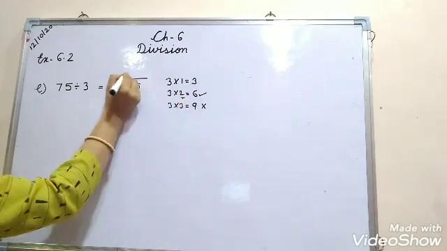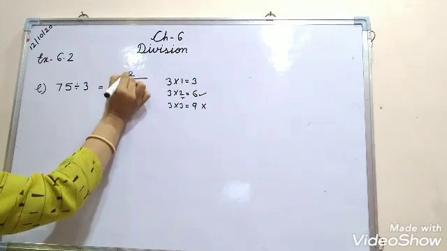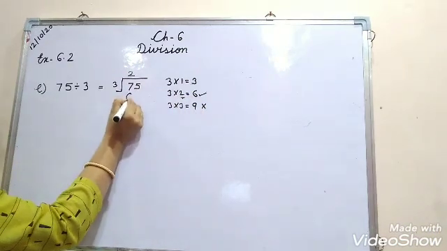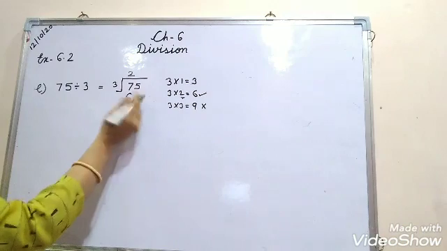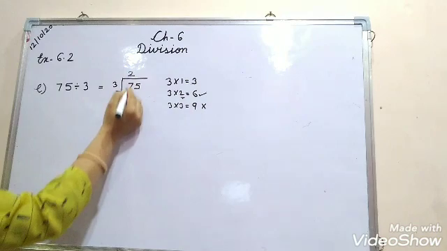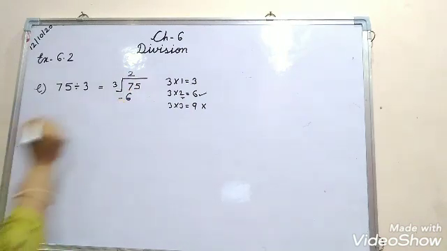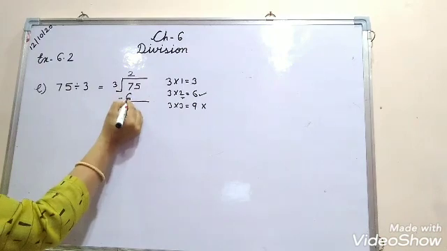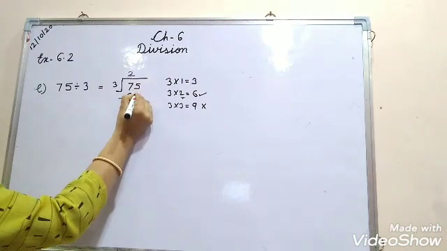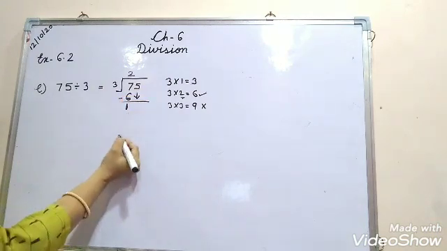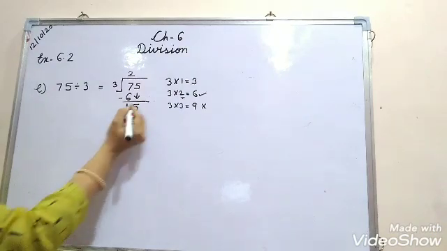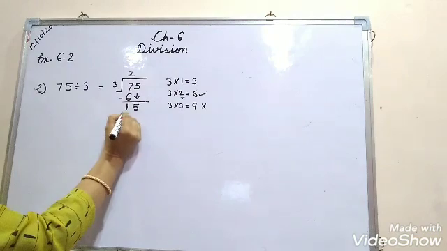In 2 times it is coming. So you will write 2 up at the top. 3 twos are what? 6. So you will write 6 here below 7. Okay. You will not write it below 5. Okay. So you will write 6 below 7 and after that you will do subtraction. 7 minus 6, what will come? 1. And now we will use this 5. Okay. We will make one arrow here and we will bring down 5. Clear?